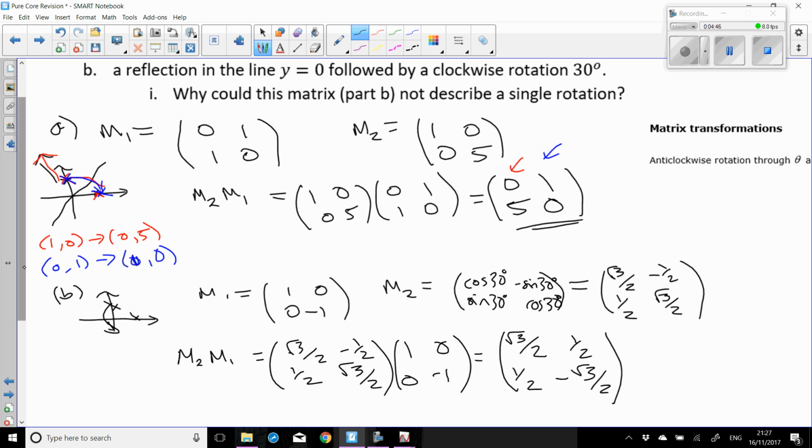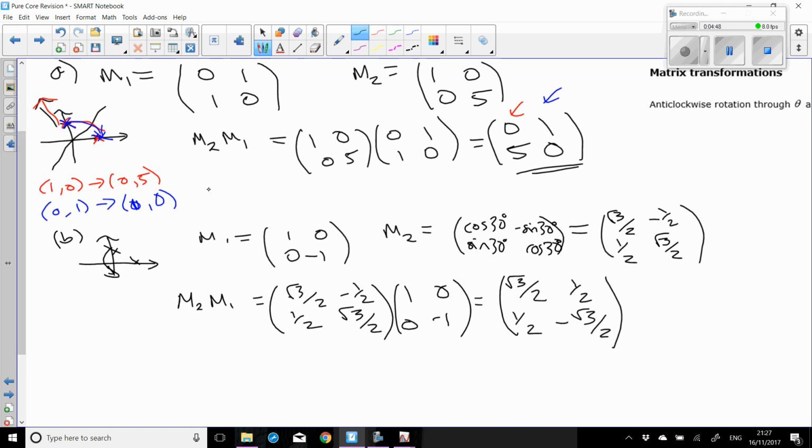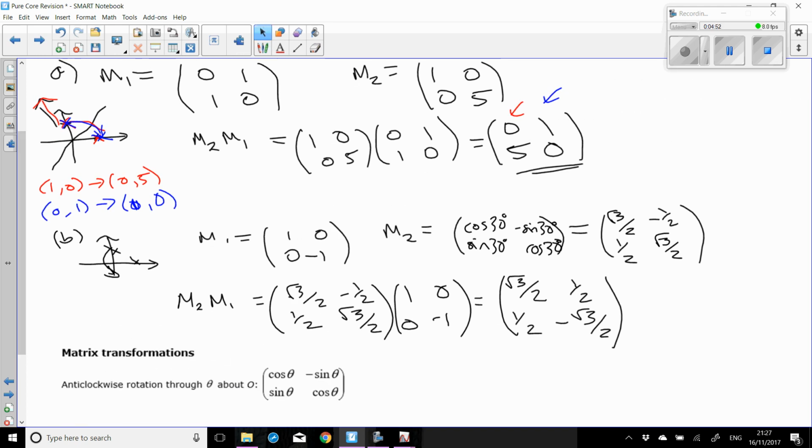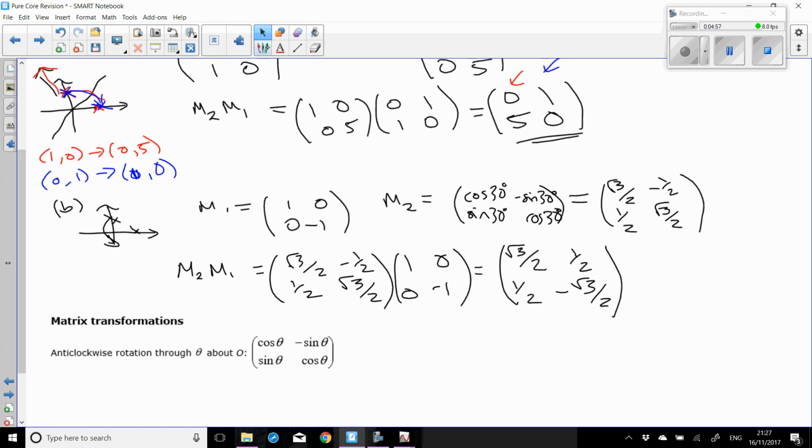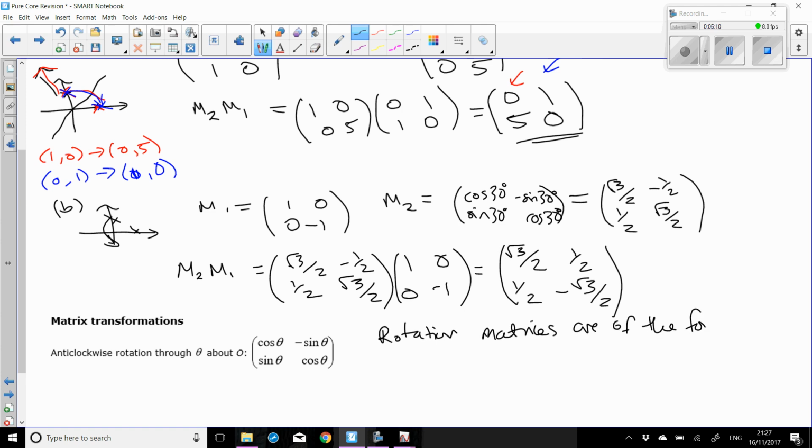Right, why could this not describe a single rotation? Quite a standard exam style question. Well, here's the matrix for a rotation. So as we can see, it doesn't match. So we need to say something about rotation matrices being of the form